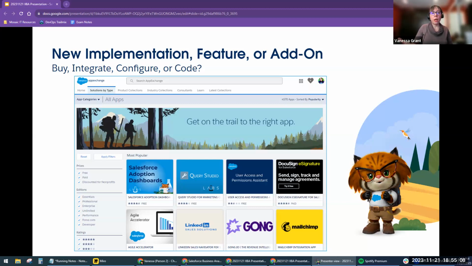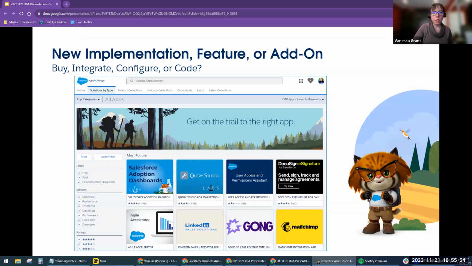The other thing that's going to come up in these types of projects is, it'll help you if you understand best practices as far as architecture, and also the App Exchange. As you start working these Salesforce projects, especially if you've worked for a number of companies, or done an engagement as a consultant, you will start seeing some of the same processes and problems over and over and over, and you will get a better sense of how to solve them, and that will make you an even better Salesforce BA. Again, really important to be able to communicate the trade-offs and the risks when you're dealing with these new implementations,